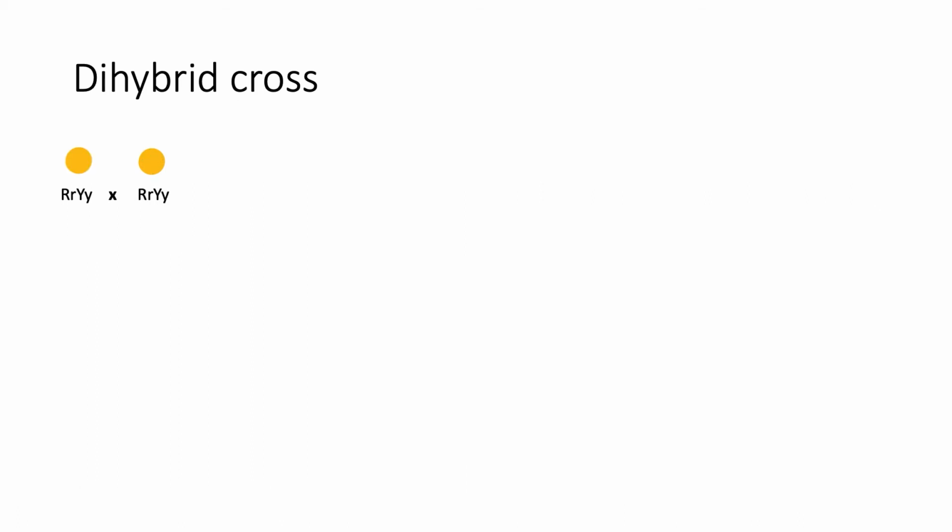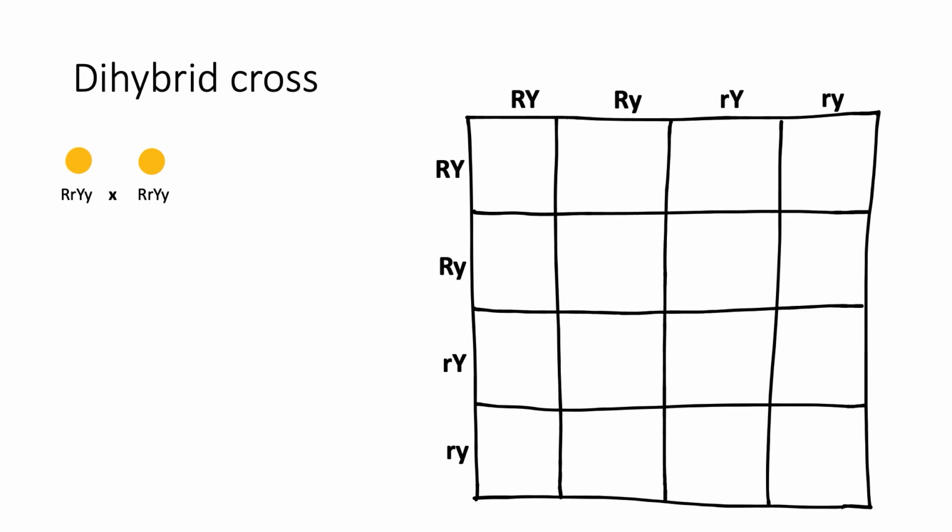All right, now that you have a pretty good understanding of how dihybrid crosses work, here's a slightly harder example we'll be working through. In this case, we're crossing two identical pea plants, both of which are heterozygous for the shape and color allele. So uppercase R, lowercase r, uppercase Y, lowercase y for both of them. As always, we line up the possible allele combinations on the sides of the Punnett square, which are going to be uppercase R, uppercase Y, uppercase R, lowercase y, lowercase r, uppercase Y, and lowercase r, lowercase y for both of them.